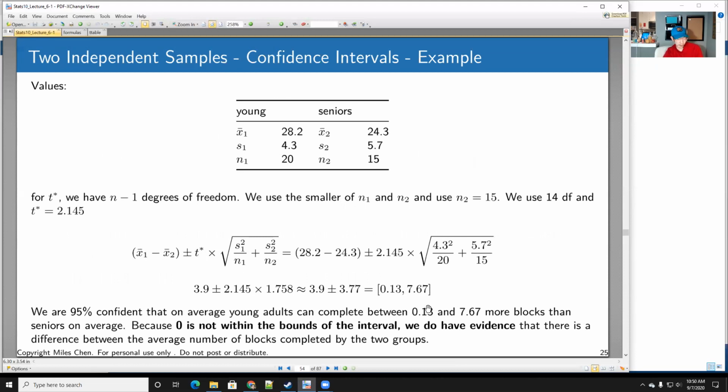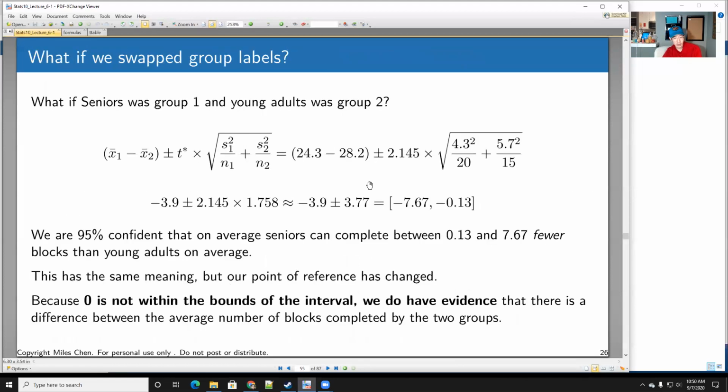The flip side, so here I've arbitrarily chosen the young adults to be labeled sample 1 and seniors to be sample 2, okay? And so what if I swapped them? What if we called seniors sample 1, so we had X bar 1, S1, and N1 over here, and the young adults were sample 2, and so this is X2, S2, and N2, okay? So what would happen is that I would swap the labels of X1 and X2, right? And I would get 24.3 minus 28.2, but everything else would remain the same because T star would still be 2.145, and my standard error, okay,